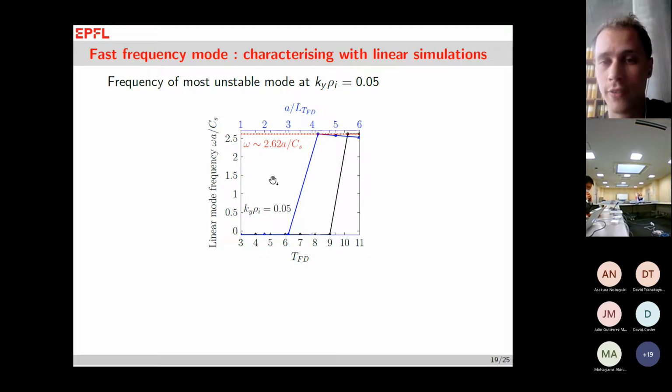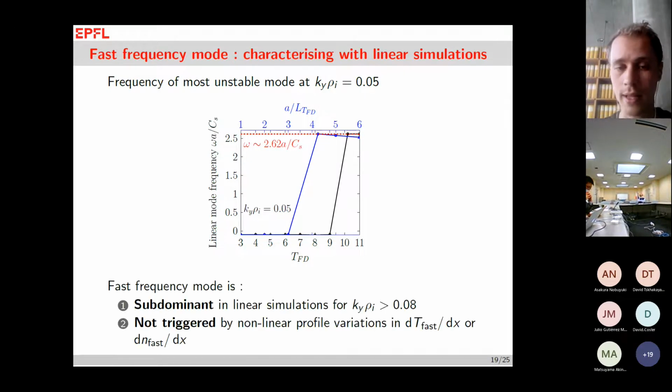Similarly, we could also change the fast ion temperature gradients. So what this shows is that this mode seems to be very sensitive to the fast ion parameters. Now, interestingly, in the linear simulations, we only notice it for Ky around 0.5 here, whereas in the nonlinear simulations, we see that at a much larger value of Ky. And this still remains an issue. We don't really fully understand what is happening.